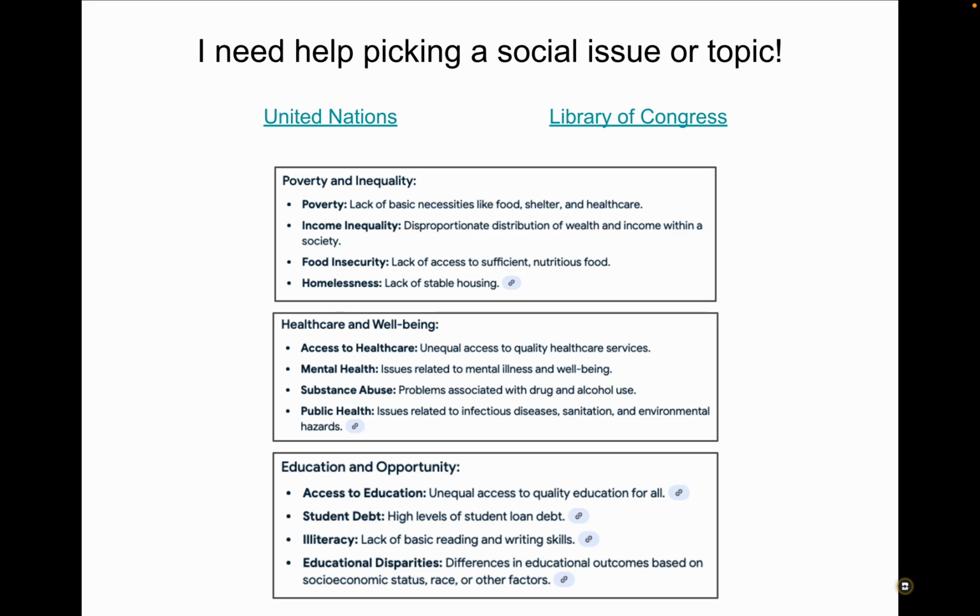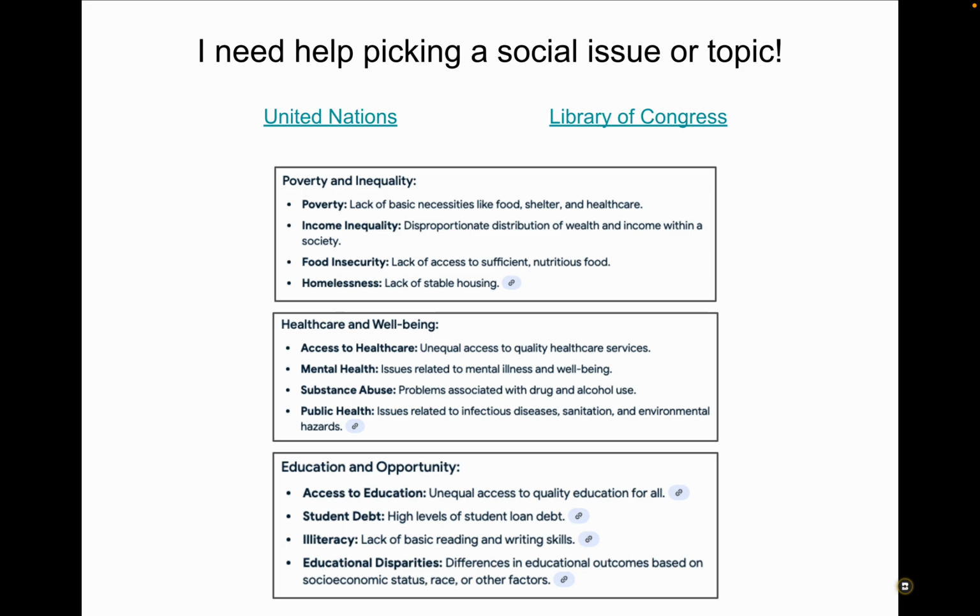If you're not really sure where to start or what kinds of topics to look at, I have lots of resources for you. The United Nations website and the Library of Congress are really good resources that showcase all different kinds of social issues that are not only global but national.